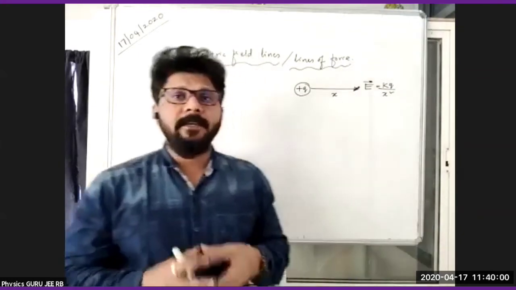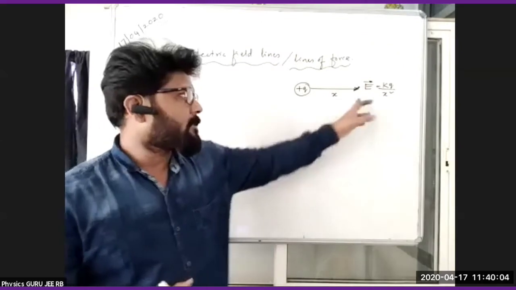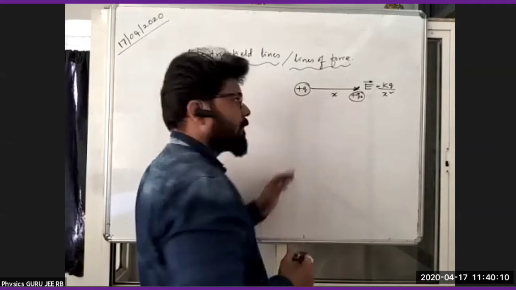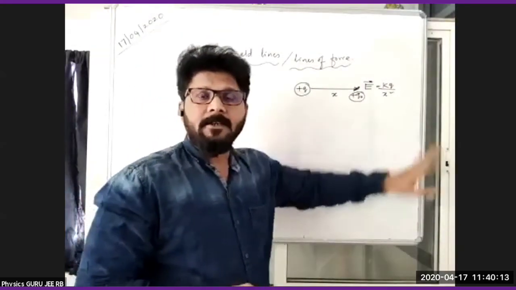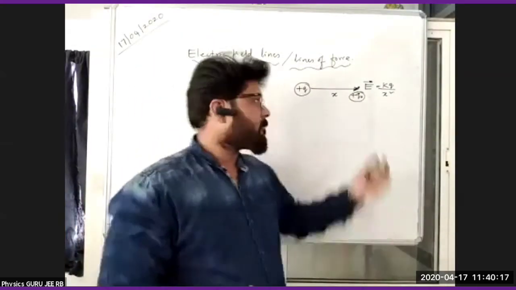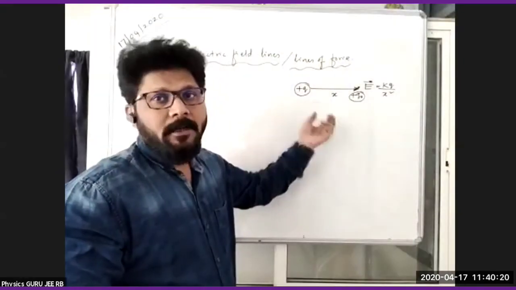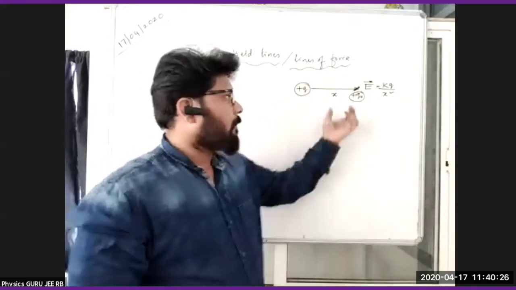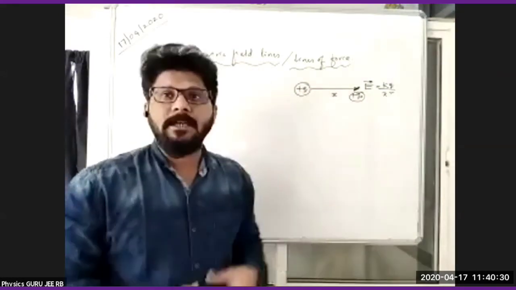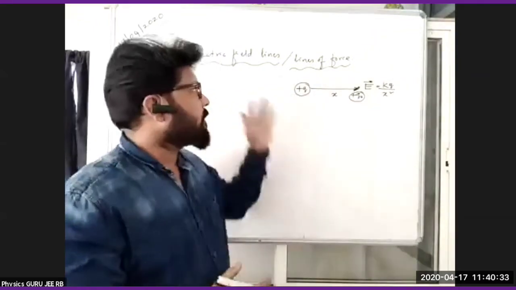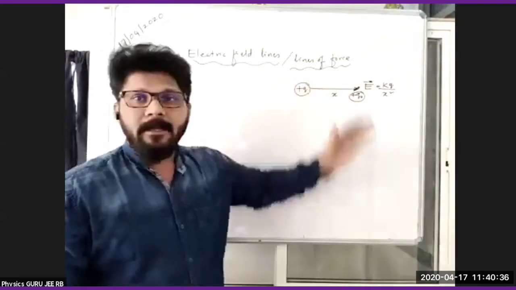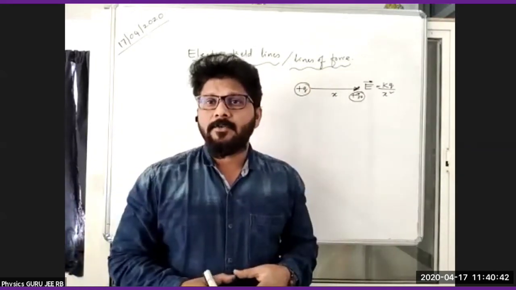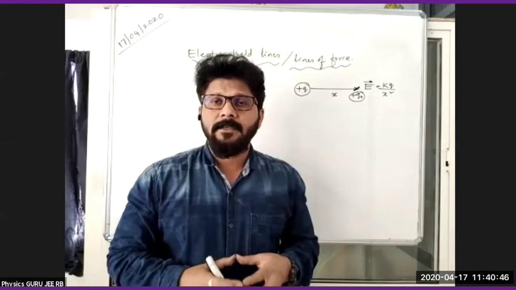Actually, the electric field we cannot see unless a test charge is placed here. A test charge is always a positive charge. When it is placed nearer to it, repulsion or attraction will take place. By that concept, we conclude whether it is a positive or negative charge. So this electric field we cannot see. If you want to study the electric field, we introduced an imaginary lines concept, electric lines of force, to study the electric field properly. That is the necessity: to study the magnitude of the electric field, electric lines are introduced,